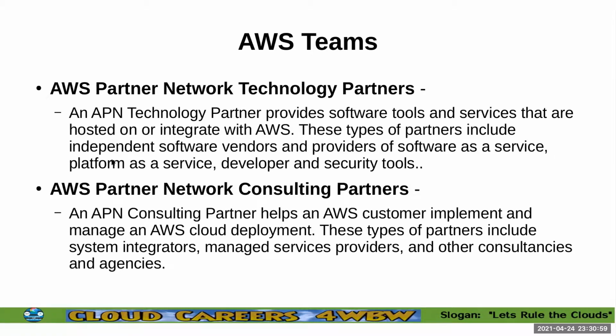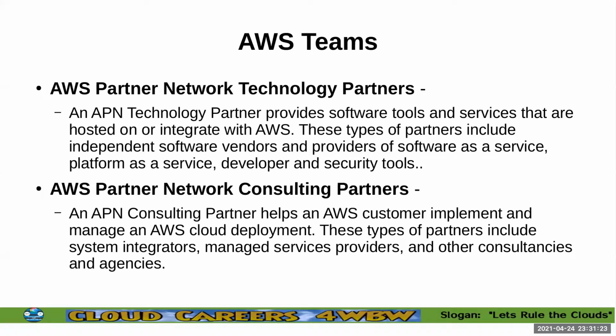These types of partners include software vendors and providers. Then you have the consulting partners, who are in charge of system integrators. I like the definition in Jodo, if you're trying to design and architect services